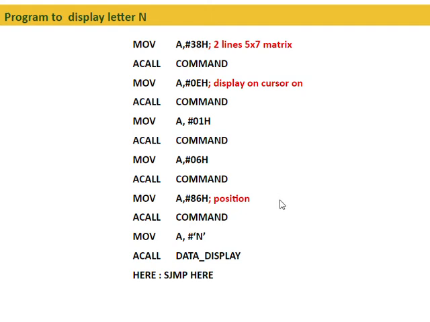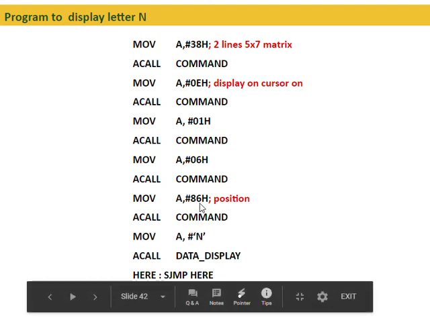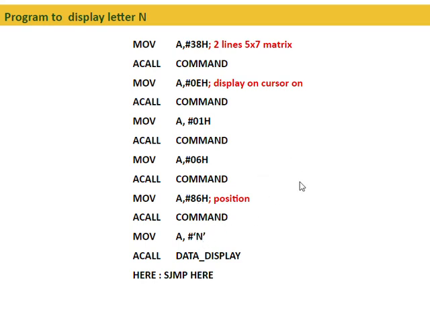Next, we have to send the position where our character should be displayed, and the command for that is MOV A, #86H, where 86 is the command. Everything that begins with 8 will be displayed on the first line, and 80 is the first position of the first line. So 86 will be the 7th position of the first line. So if you send 86 as a command, the character will be displayed at the 7th position.